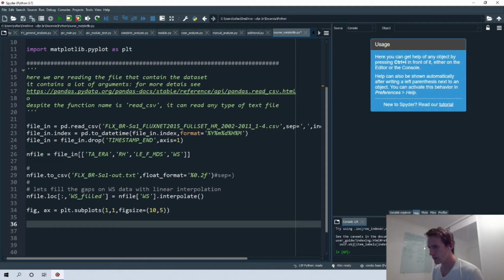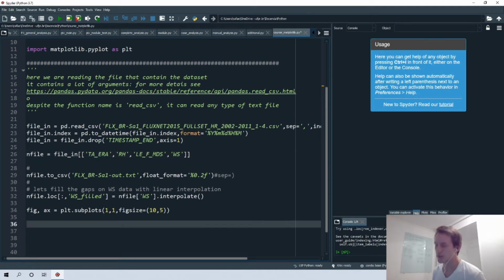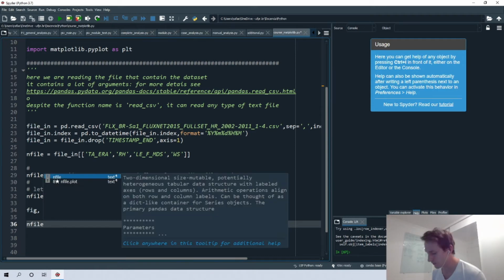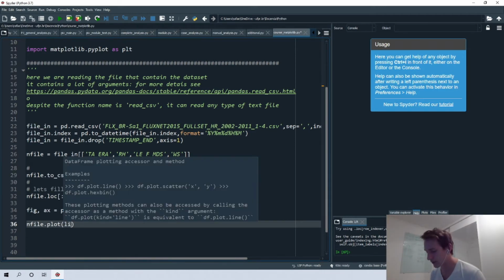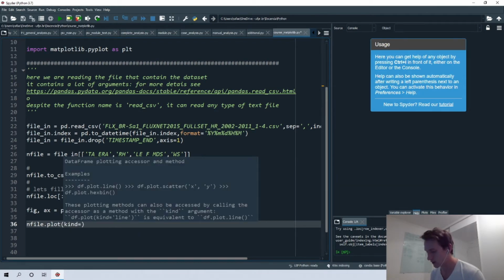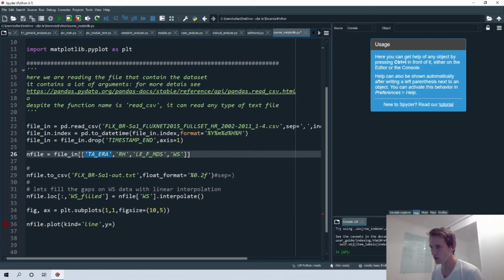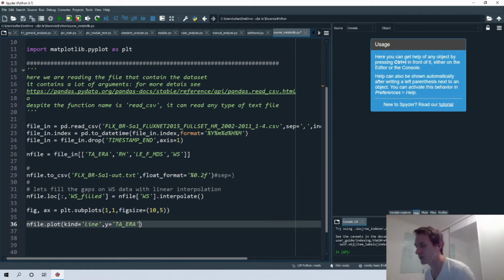So the first thing that we want to plot, for example, is a time series of air temperature. That is the first graph allocated in this data frame. So we call this data frame, that variable, dot plot, and then we specify the kind of plot that you want to plot. Kind equal, it's a line type, okay? And then we specify also the variable that you want to plot. So in this case will be the air temperature value. So we just need to write the header name here.